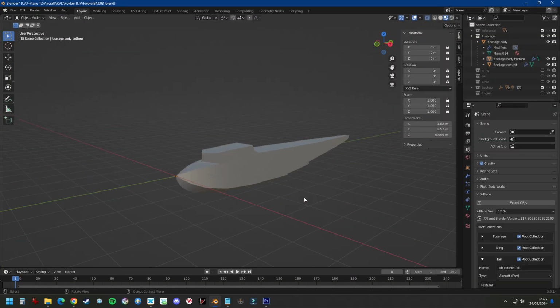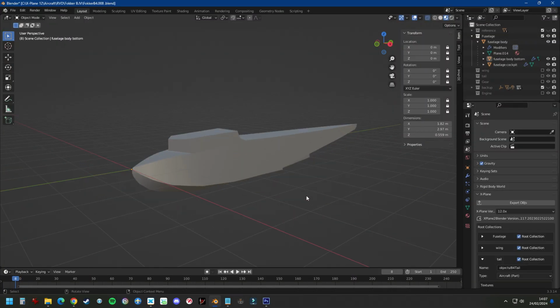Okay, we're going to make some textures for the flying boat. Before we can start working on the actual textures, we need to tell the 3D model where the textures go, and that's called a UV-unwrap. So let's go to UV editing